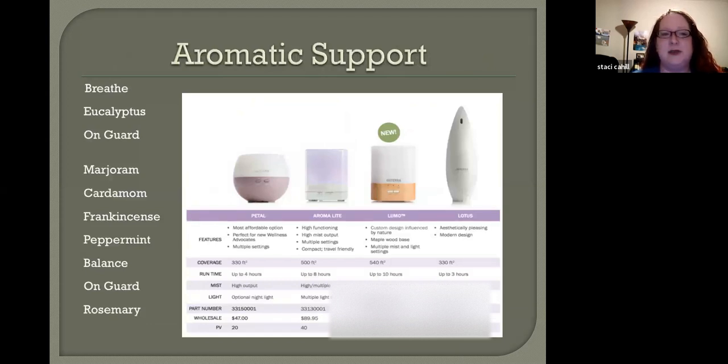Now, I mentioned at the beginning that there's 3 ways that we can use essential oils, and we're going to talk about my favorite oils in each of those 3 ways. First, I will tell you right now, we're going to talk about a lot of oils, and we're not going to talk about nearly all of the oils that can help with the respiratory system, because these oils are